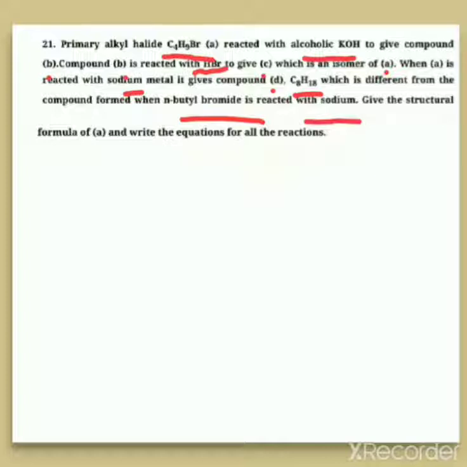So this type of question is quite important for the exam. Once you have learned all the equations, only then can you do such questions. So I will give the idea of how to solve such questions. First of all, go through the conditions which are given here. What is given here? First of all, read out the first sentence, that is, a primary alkyl halide is treated with alcoholic KOH.